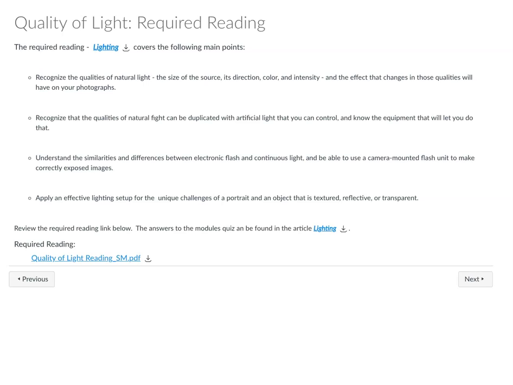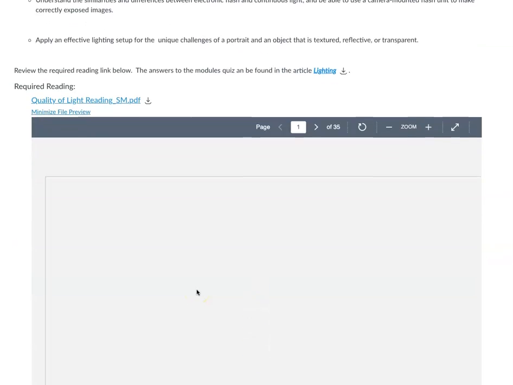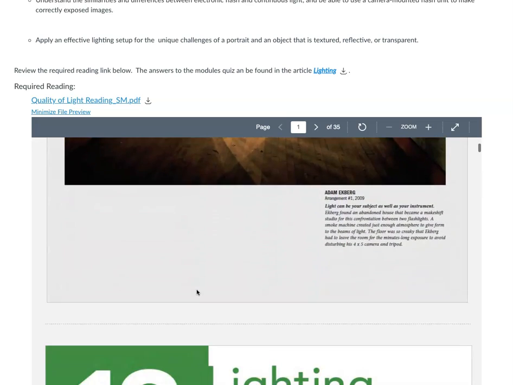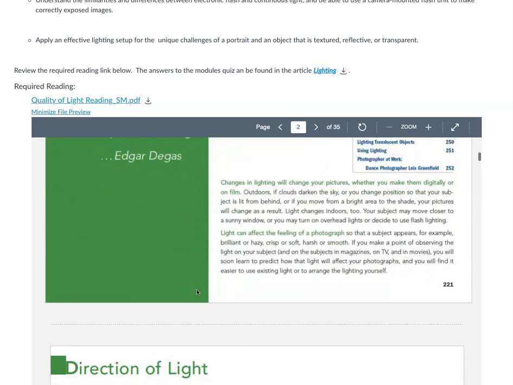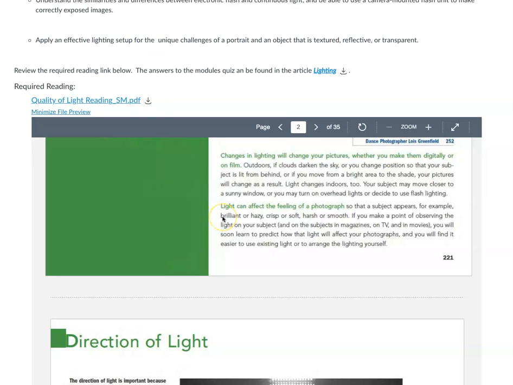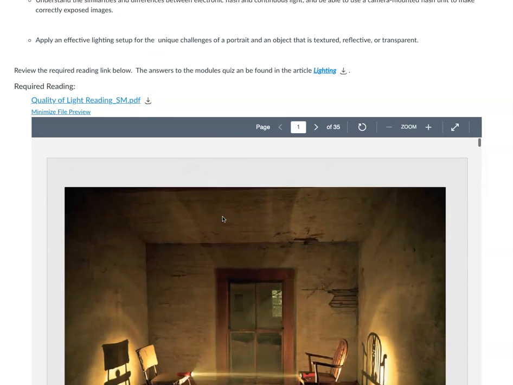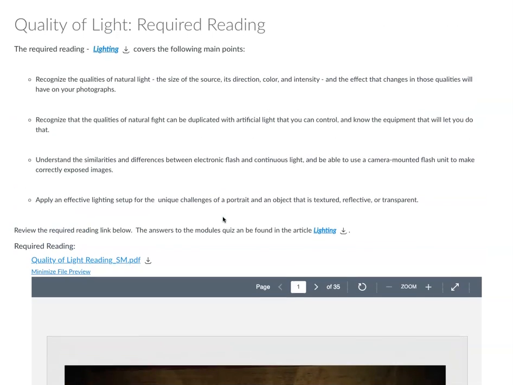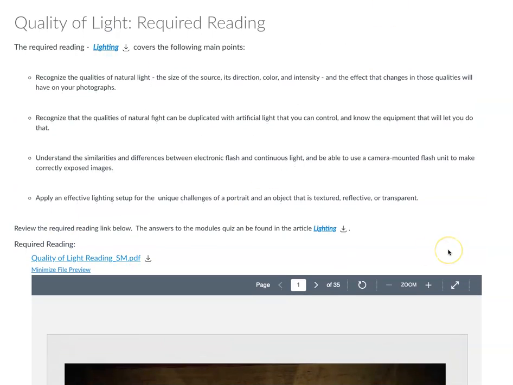There's a required reading for this week, and I'm going to ask you to go ahead and click this, which takes you to the required reading. It's a really great article that you're going to want to check out. Also, the information in this reading will be covered in the quiz. So be sure to check out all that information